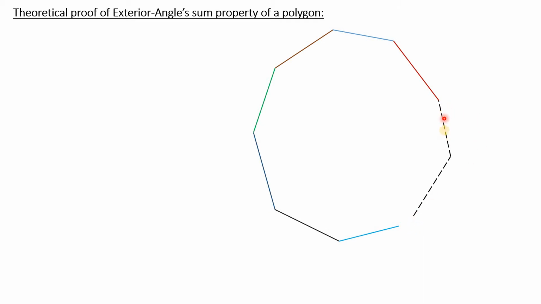But we assume that this is the last side. Therefore, we assume that this angle is interior angle 1, interior angle 2, interior angle 3, interior angle 4, 5, 6. It goes on like this. This last one will be interior angle n. Therefore, since the polygon is an n-gon having n sides, there will be n interior angles, and corresponding to each interior angle there is one exterior angle. So now we will mark them and we will proceed to prove it.